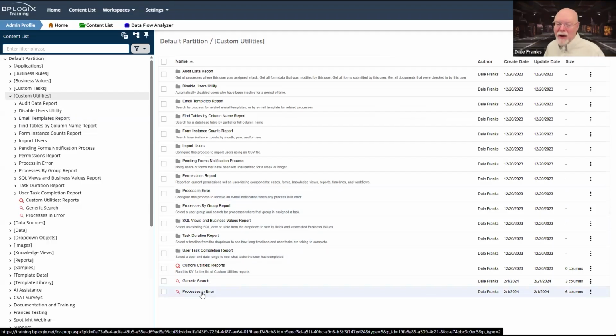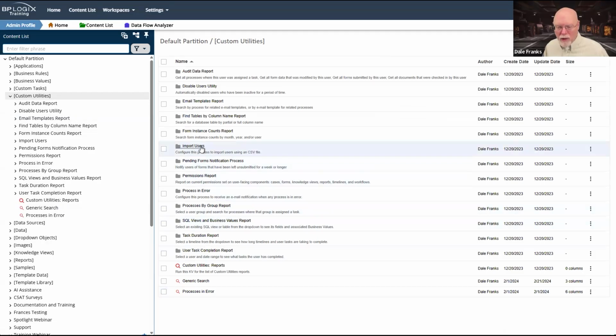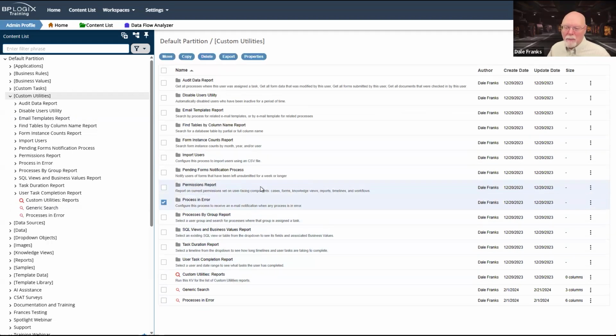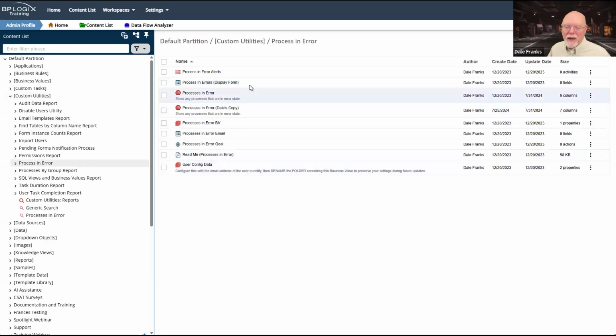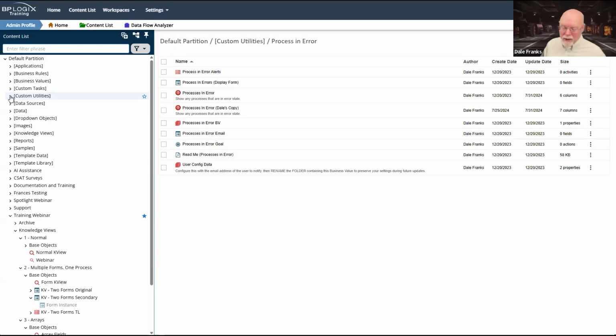So you can, in fact, just download the custom utilities and install them, and you have processes in error. There are also some useful stuff like importing users from a CSV file, running a permissions report. There's a separate processes in error thing here that's a little more complicated. So this exists, and you can download it. It's the custom utilities package. It's on the downloads page of the support site.